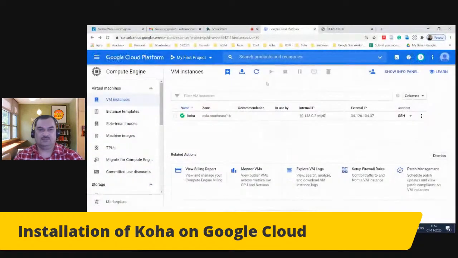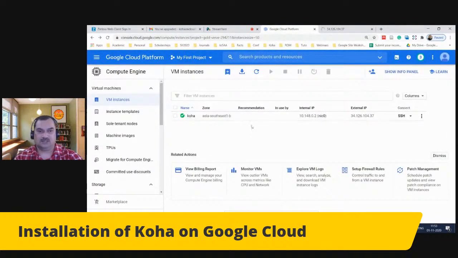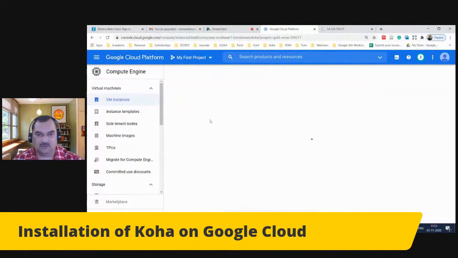I guess my screen is visible now, and you can see this particular screen; we saw it yesterday also. We saw that up to here we finished all the configuration, and when we started running, it was not opening the Koha. So for that, first of all, we need to check the setting in the Koha instance which we have created. So I just open the Koha interface, and then I will see the configuration.